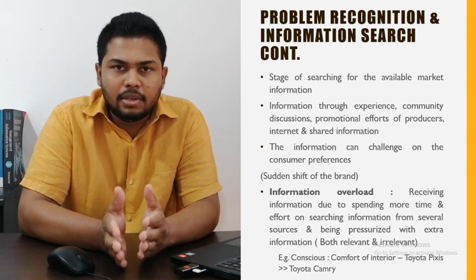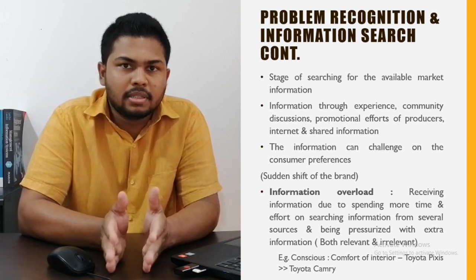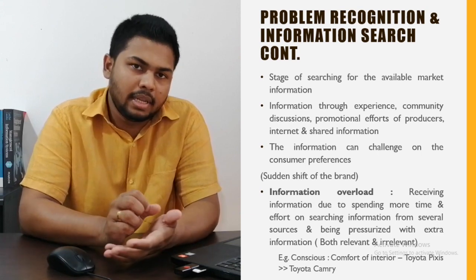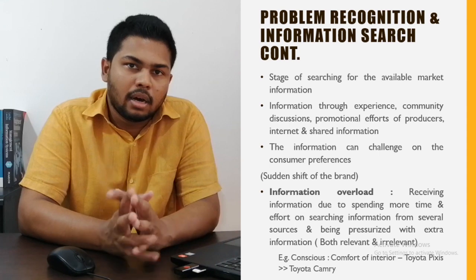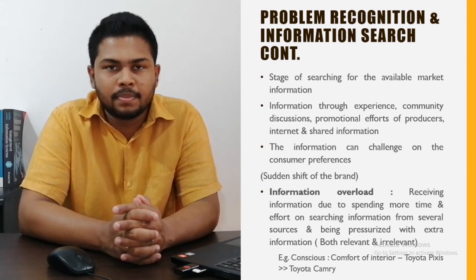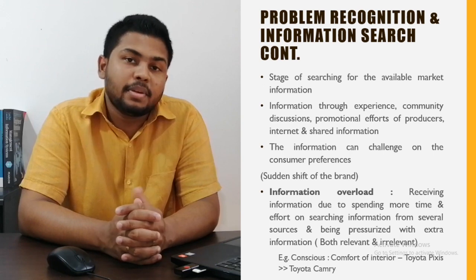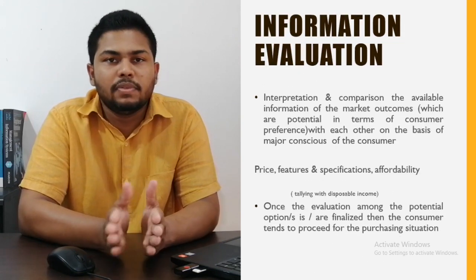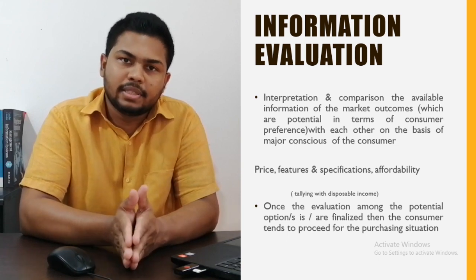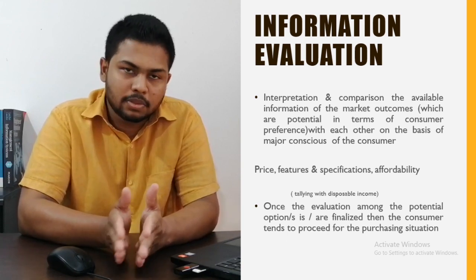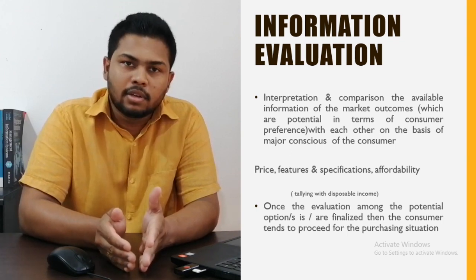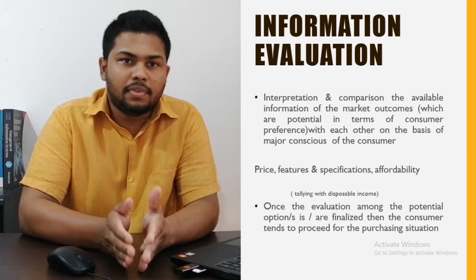So you must understand what information search is: you will find so many sources, so many ways that you can satisfy your thirst or quench your thirst. Then the third one is information evaluation. In information evaluation, you are going to compare the things with the available information. You have 2 or 3 types of options. With them you will see what the prices are, what the convenience is, and what the places are that you can buy.